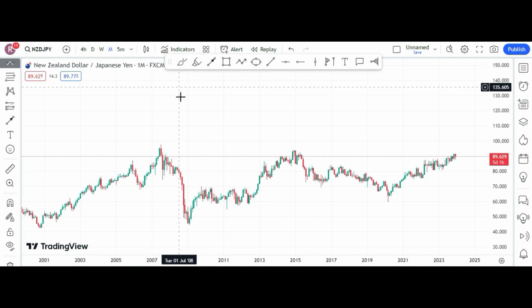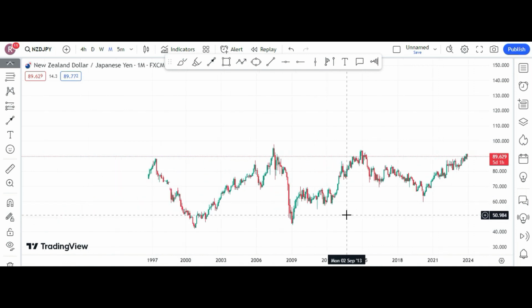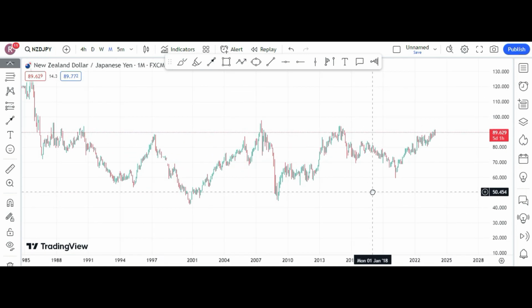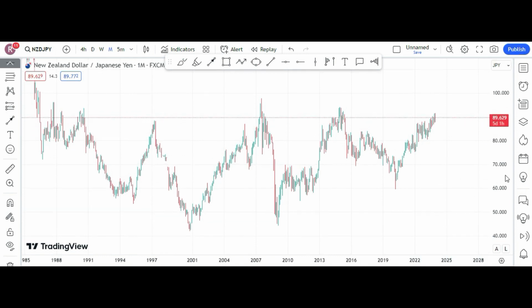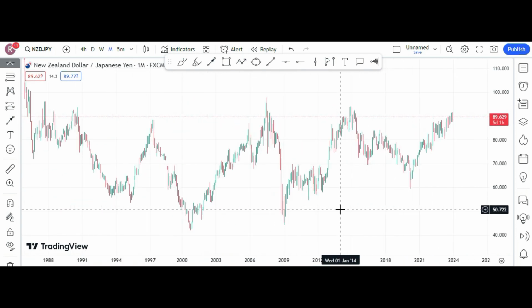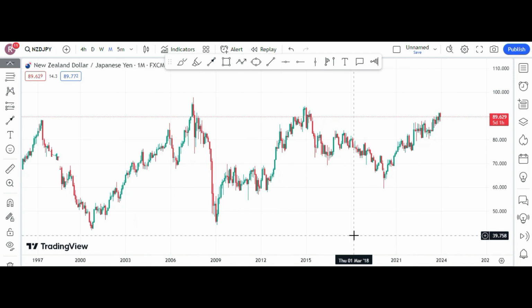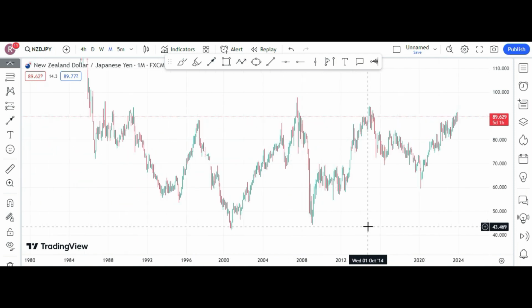So coming back to this pair, NZDJPY, I have never done the analysis of this, but recently I was going through this pair, and it caught my eye about some potential trade I would like to share. So we are in the monthly chart at the moment, you guys can see. In this monthly chart, if you see clearly, it is ranging